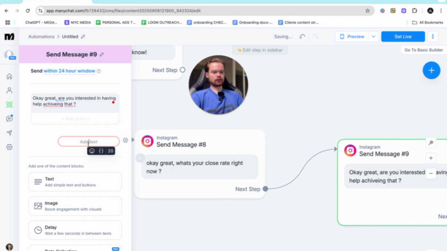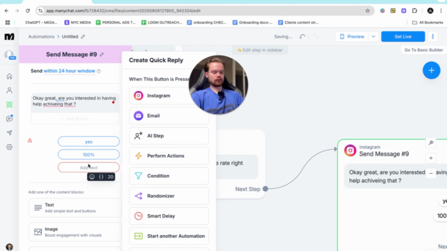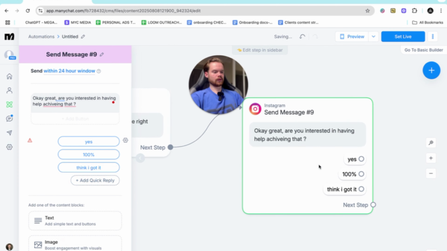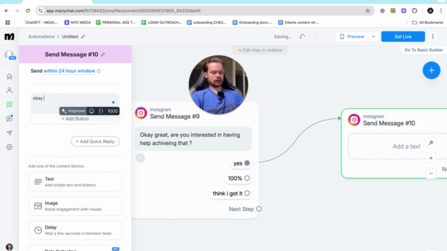And then you can put "Yes, 100%" and "Think I got it." And then from yes, you can put in something like, "Okay, sweet, defo think I could